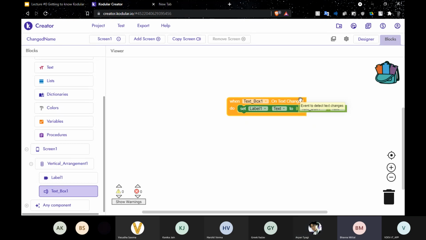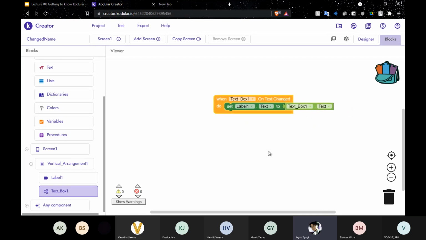The yellow code blocks, which are the control code blocks, they are called events. All right. So an event is, for example, if something happens, it triggers an event. So when an event is triggered, we want something to be followed. All right. We want some procedure to be followed. So that's why after getting a control block, we can add this code block.